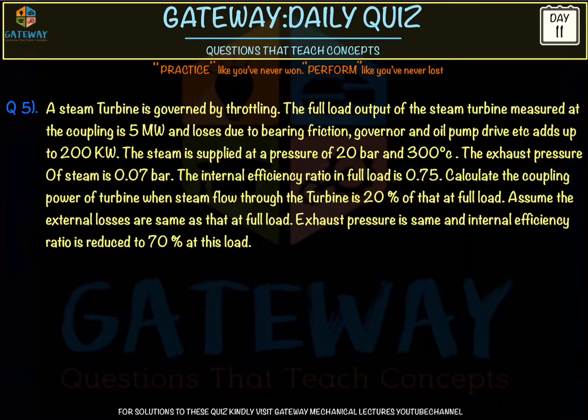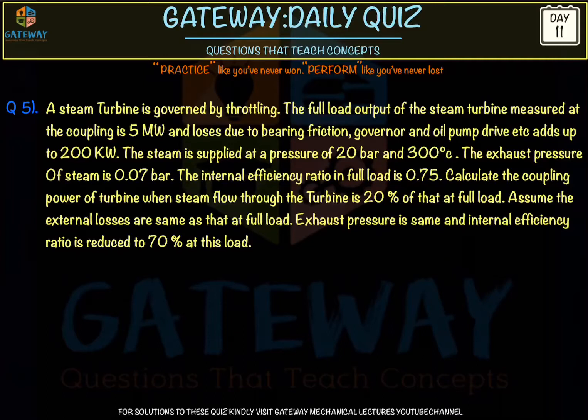This is a little bit interesting question. There is nothing tricky in this, but seeing the question, everyone feels it is a very big question. There are more terms involved, but the actual question is very easy. For this, we need to know the functioning of a steam turbine. We'll construct a block diagram and do all the explanations there. Before that, we'll read the question.